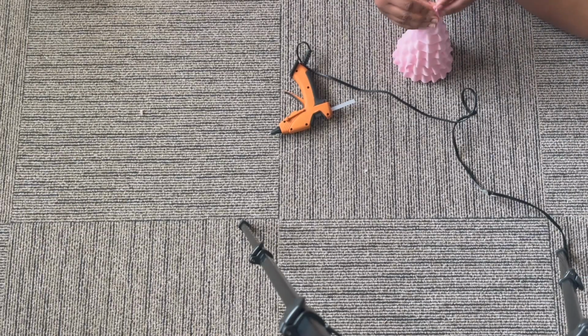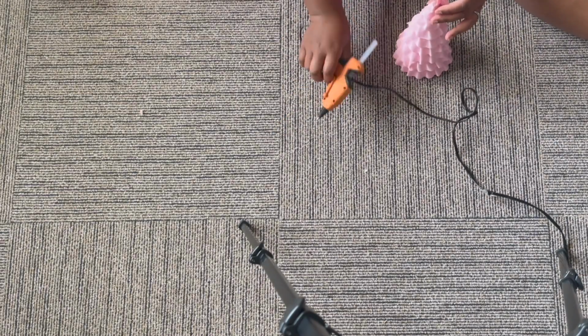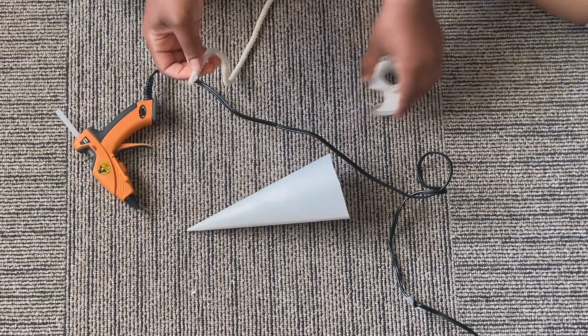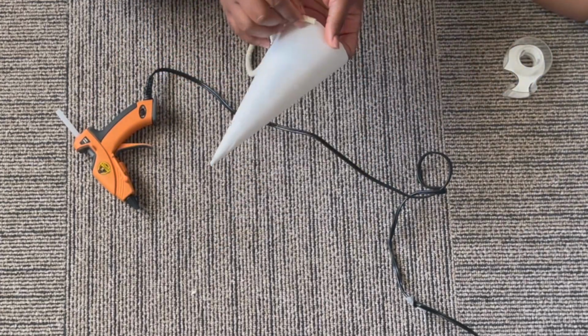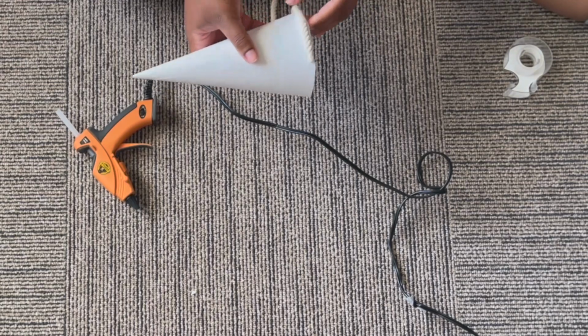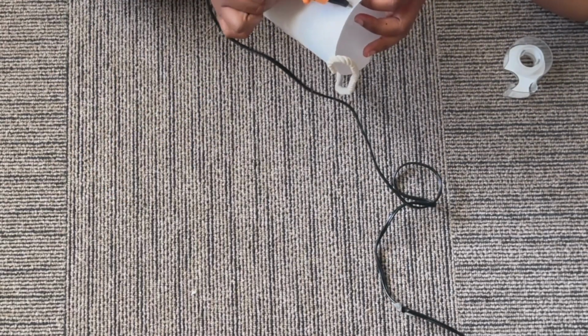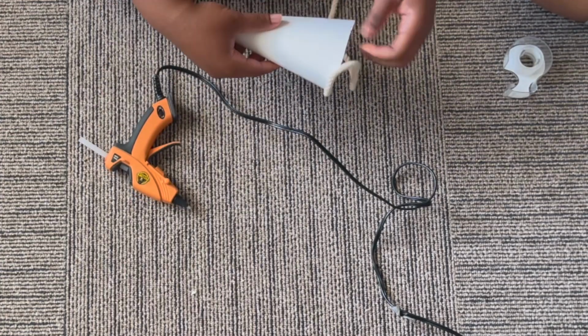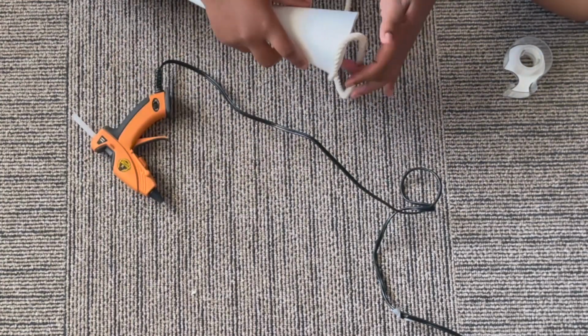And several layers later, this was the final look. For tree number 2, I decided I wanted to use this rope that I had in my stash from Daiso. This rope is $1 per pack, but you will need 2 packs of this rope. You can definitely find it on the sewing or craft aisle in Daiso, and any Daiso, I'm sure they have it. I needed 2 specifically because I did decide to use the spiral method on this tree,